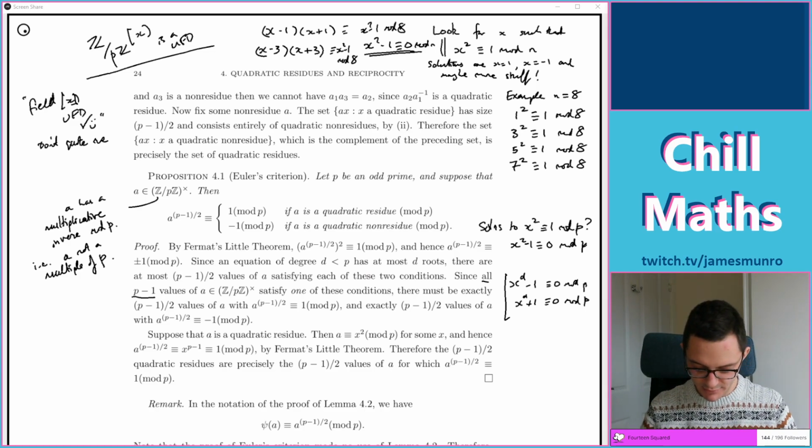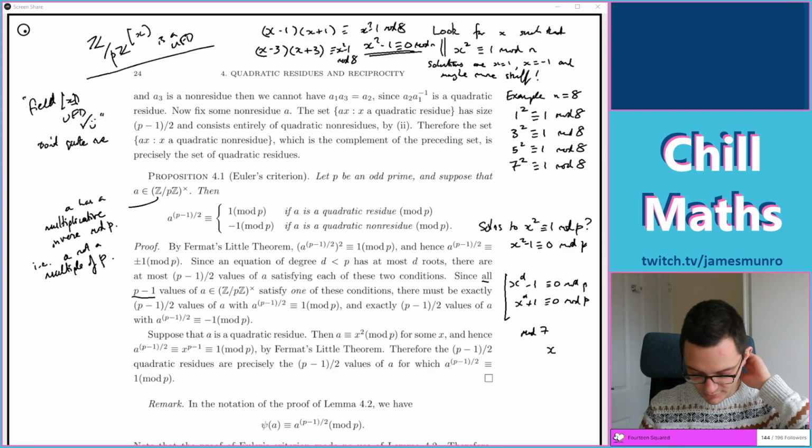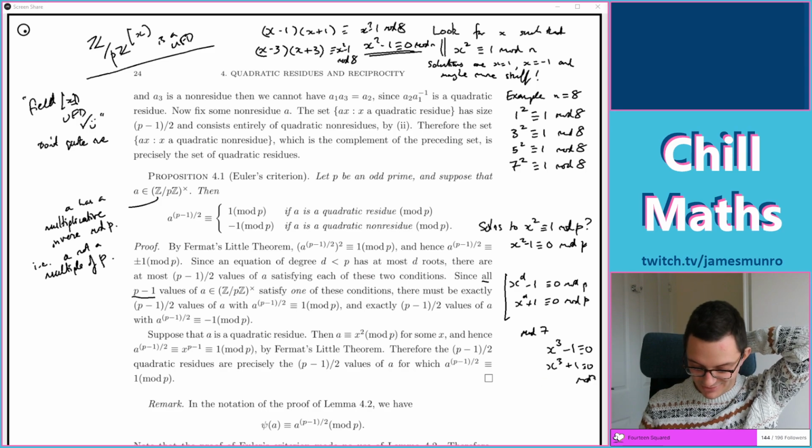Yeah, example mod 5. So mod 5, we're looking at x to the d, where d is equal to 2. That's misleading because we're not actually looking at squares yet. Let's go mod 7. We're looking at x to the d, where d is (p minus 1) over 2, so 3 in this case. So we want to know, are you a solution to one of these or the other, mod 7. And there are 6 numbers to check, and the claim is that there's kind of 3 in each.